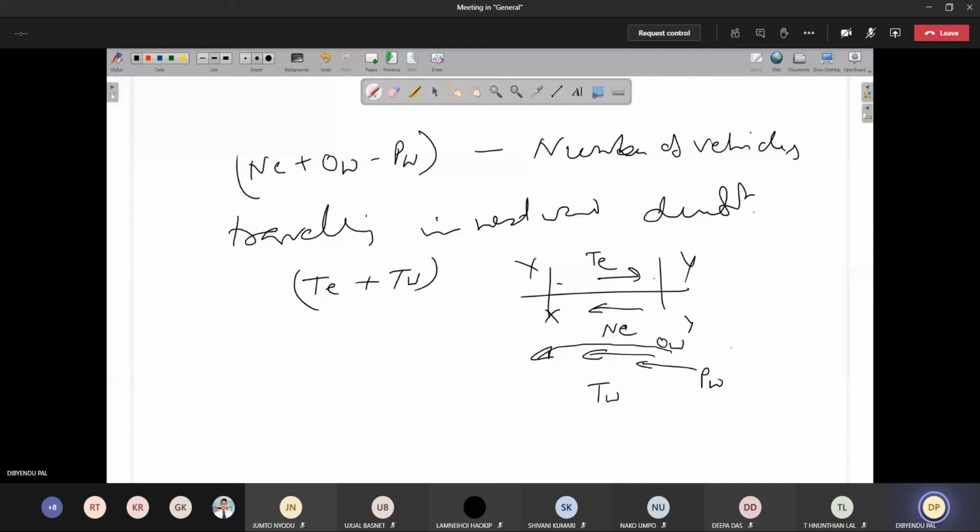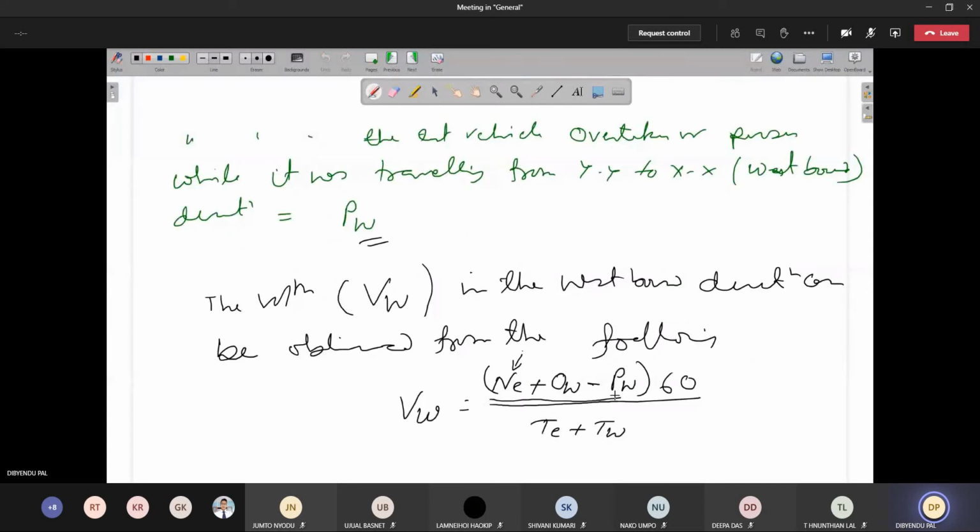Okay, so all this was talking about the vehicles only in this opposite lane. So in the opposite lane, what is the total number of vehicles that has gone? That has been calculated. And what is the total time taken? So total vehicles divided by total time is nothing but volume. So that's why this equation is written. Volume is equal to number of vehicles counted divided by the time.